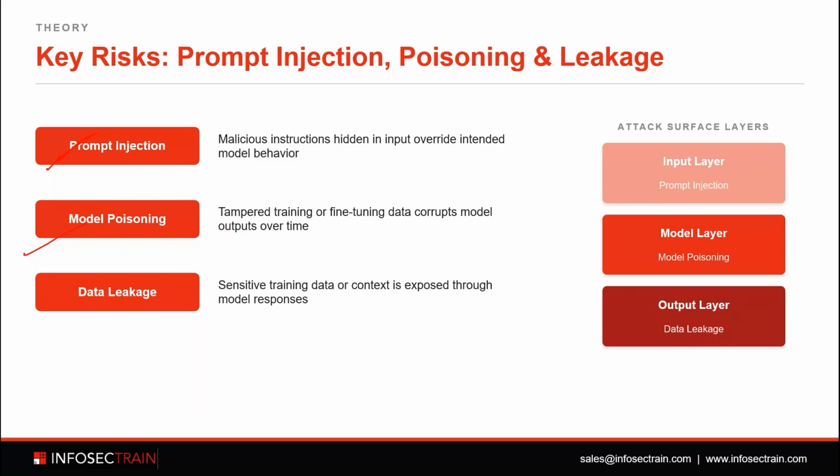So during the fine tuning, if an attacker injects a sample, let's say a special code, which will trigger the model to output sensitive data, then whenever I write the special code, it will give the sensitive data. So there are hidden backdoors only attackers know, bias injection, skewing outputs toward harmful stereotypes, and long-term corruption of model integrity. Then we have